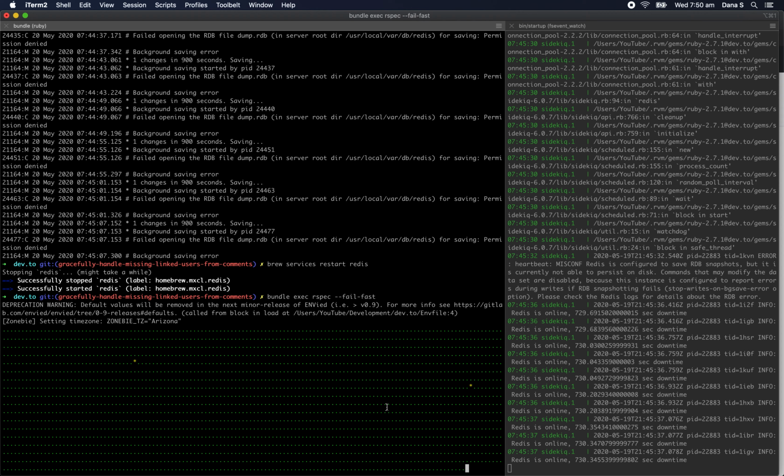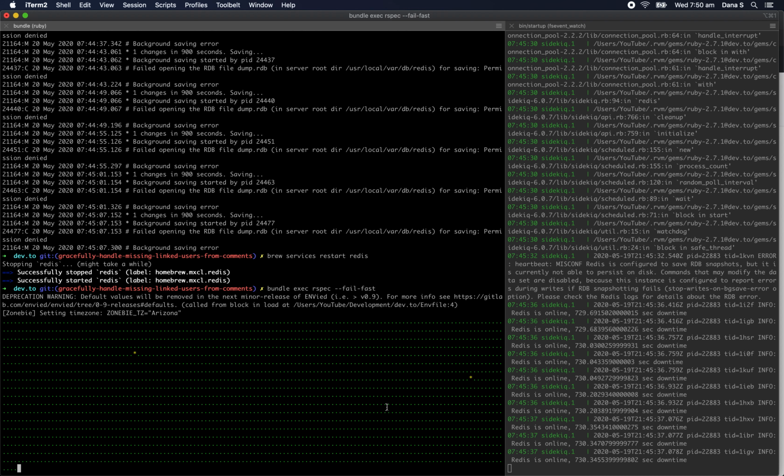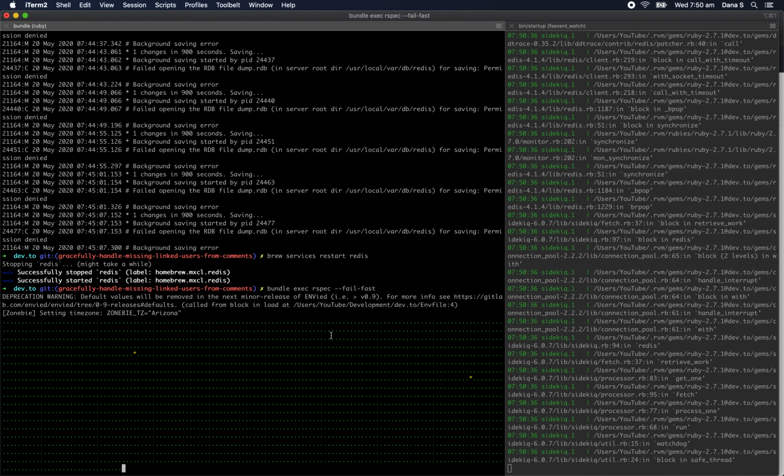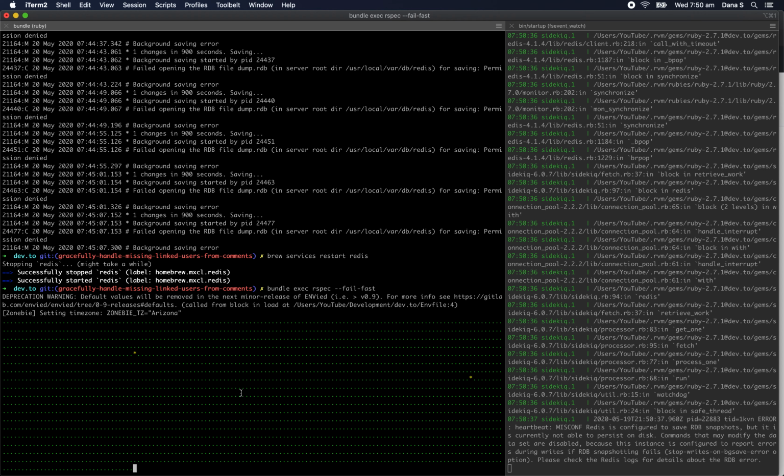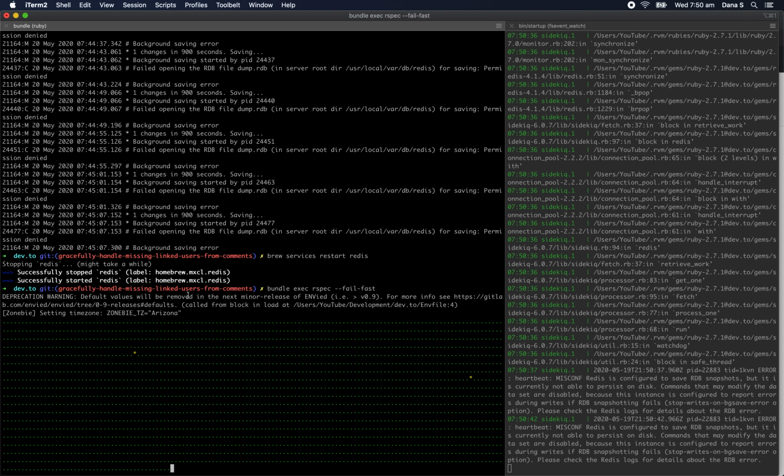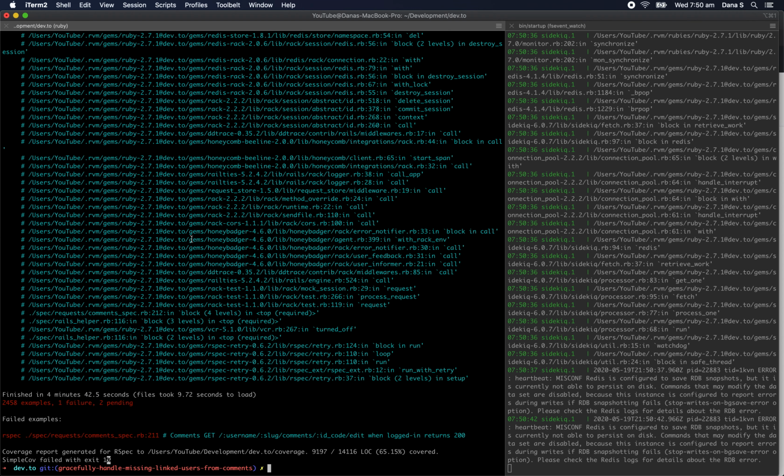There are a couple different output formats in RSpec, and one of the things I find annoying about this one is it doesn't actually tell you any information about what specs have run and which ones have not. There's a documentation format as well that you can use where it actually prints out all the lines. Okay, so one did fail